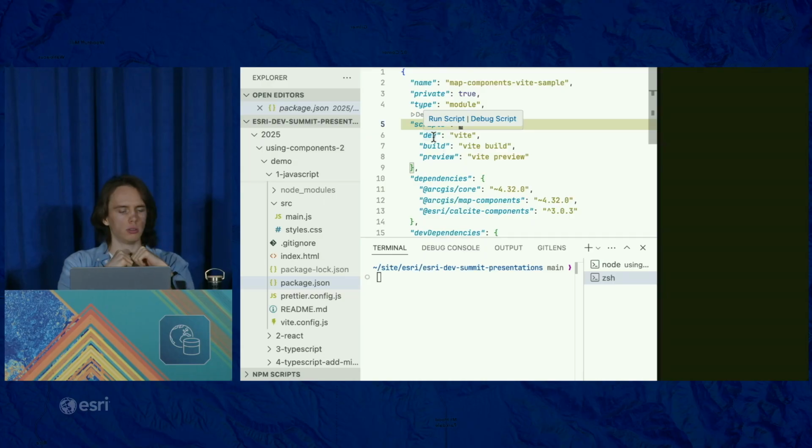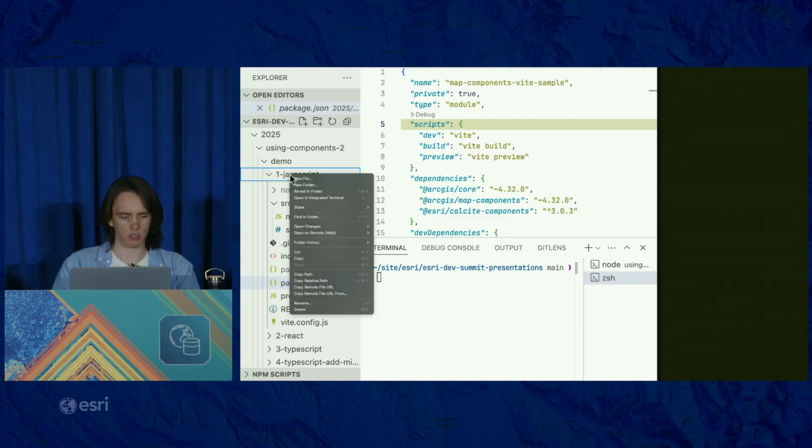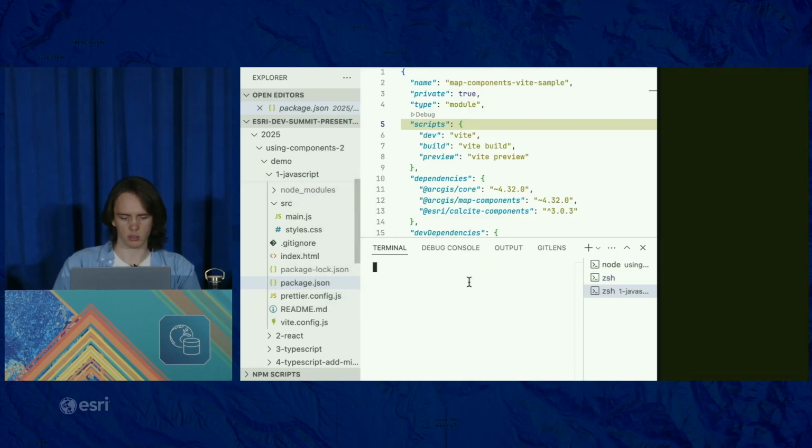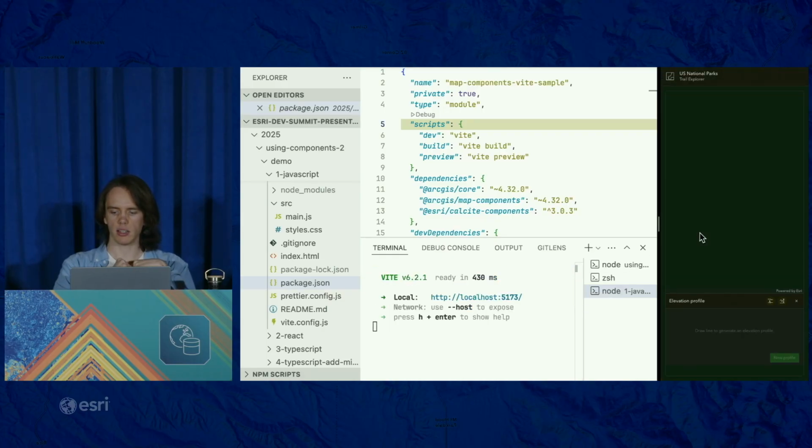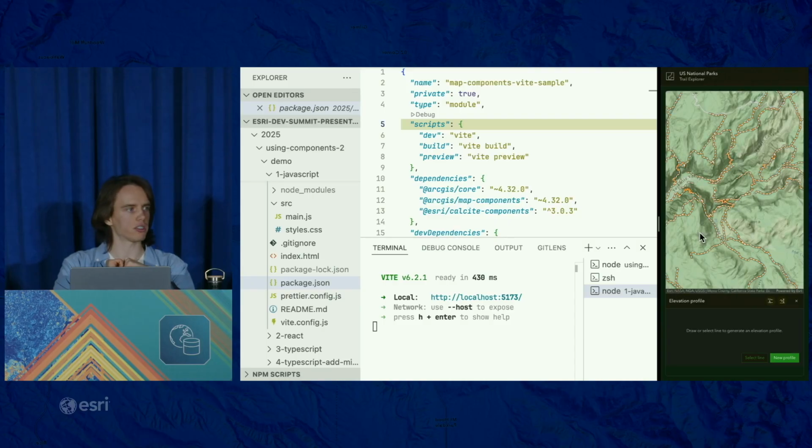If you're using VS Code, you can simply hover over the script and press Run Script to get started. Or if you're not using VS Code or you prefer to do things from the terminal, we can also run it from there. So I'm going to open a terminal in this folder, and I will run npm run dev to execute this script. And as soon as I do that, the application starts in the browser here to the